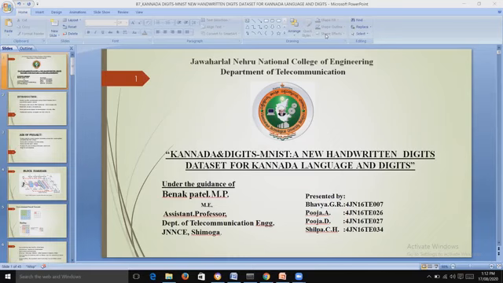Then we classify the digit and show the result. For the Kannada language also, we have collected datasheets using a mobile painting app, with 32 by 32 pixel images in each rectangular box, and prepared an Excel sheet. We can term it the digit MNIST dataset.